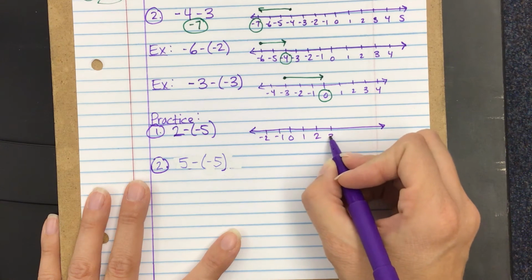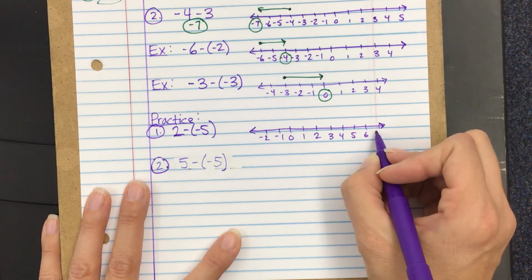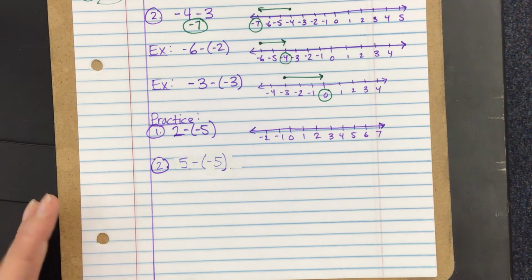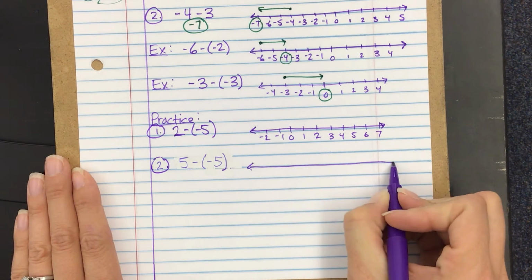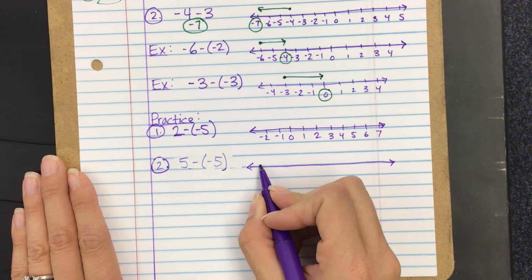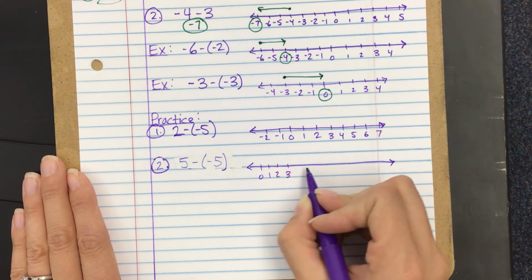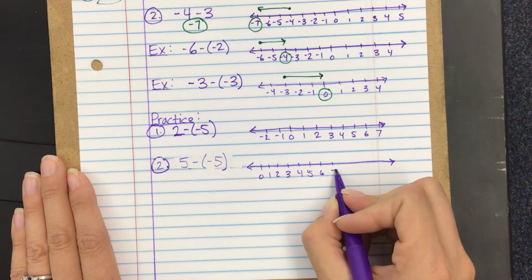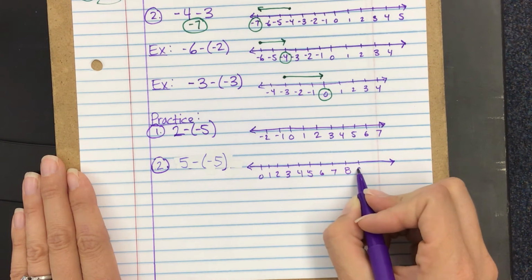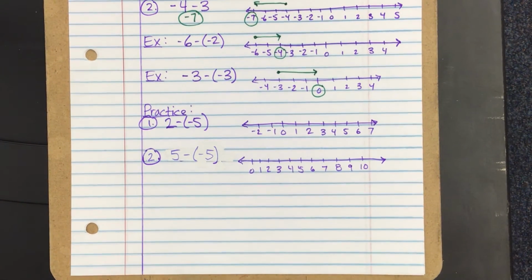The numbered lines take a little while to set up, so I'm fine with you not putting every number on there and just putting the numbers that you need on there. It will be faster that way for you. But at least for today, I would really like all of these problems modeled, the ones that ask you to model on your homework. I know it's a lot of work to get the number lines going, but like I said, you need to be able to do it on a test, so I just want to make sure you're good to go. All right, let's take a look at that